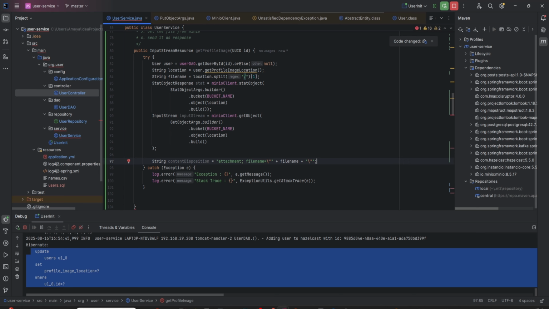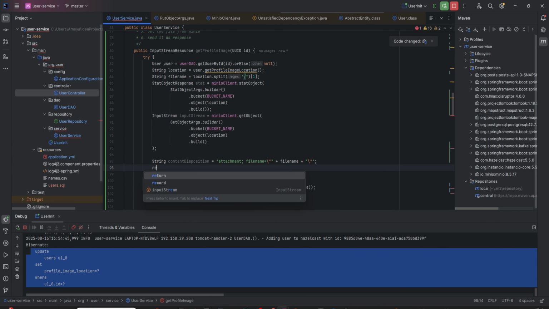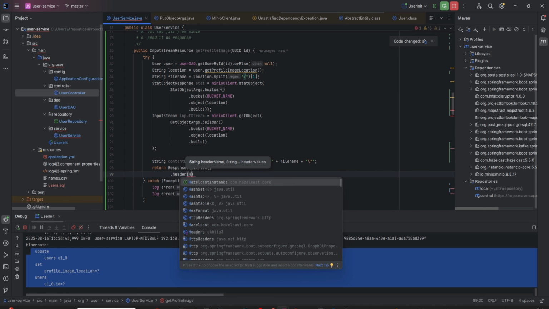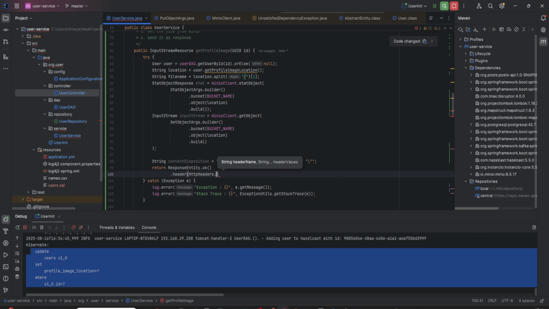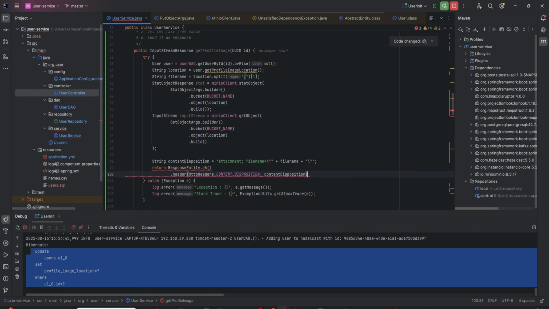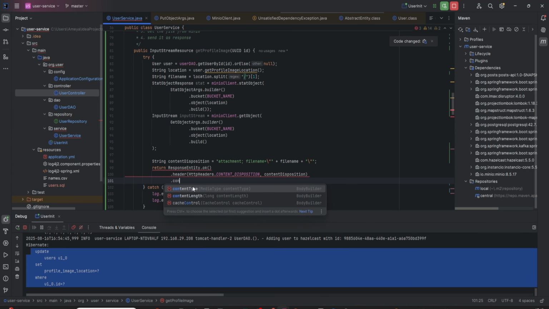Okay, and the return would be containing return response entity dot ok, dot header, HTTP headers dot content disposition will be the content disposition that we have specified, and then dot content type should be the